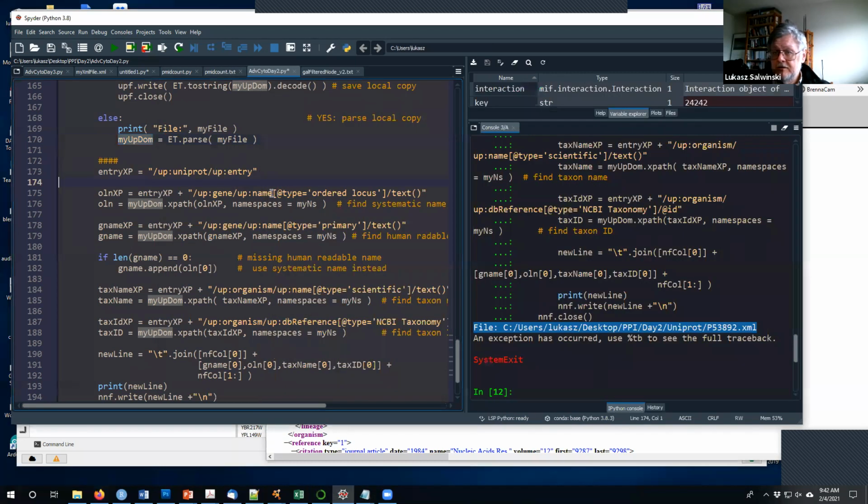Alternatively, I could essentially say entry XP is just double slash. This means look for something inside the XML structure,